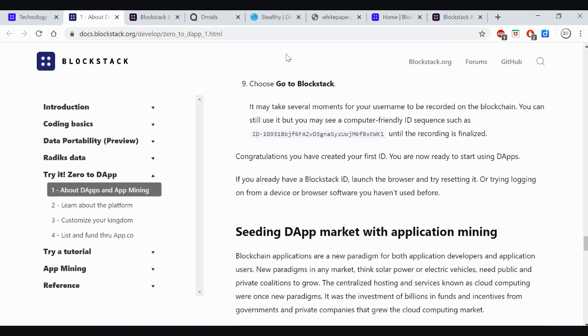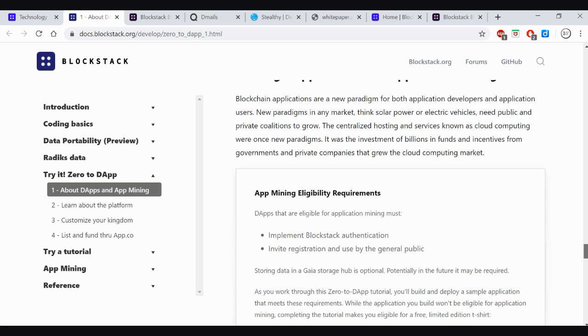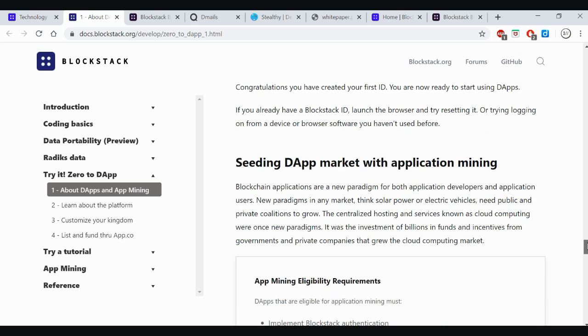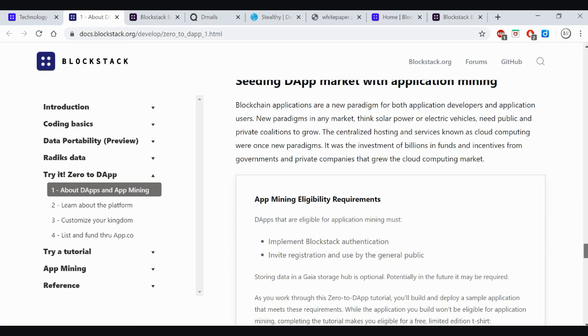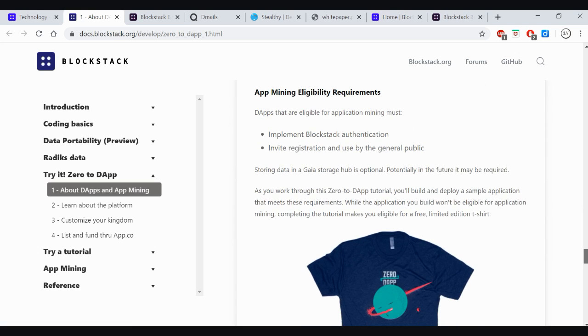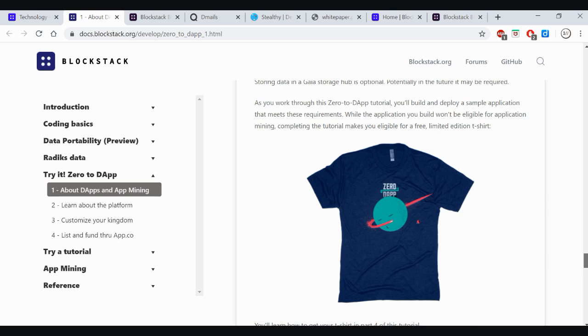And I suppose the final thing in this video is, for those of you who know a bit of coding, there's a fantastic opportunity to actually try it, go from zero to actually creating a decentralized app piece of code and sending it up to the app market with application mining. So you can actually do it here. It takes about 2 to 3 hours to do, but there's a fantastic little reward at the end of it, that when you do send that app